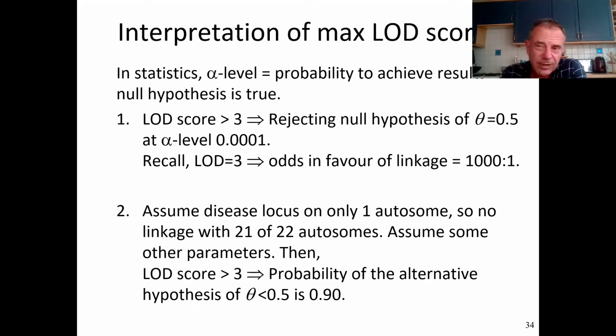But it doesn't mean a p-value of 1 in 1,000, except in one very exceptional circumstance, which I might touch on later. So it's not a p of 0.001, 1 in 1,000. In fact, you can have a p-value attached to a log score, and the way you do it is from likelihood ratio statistics. The typical likelihood ratio statistic is twice the natural logarithm of the likelihood ratio, and that is